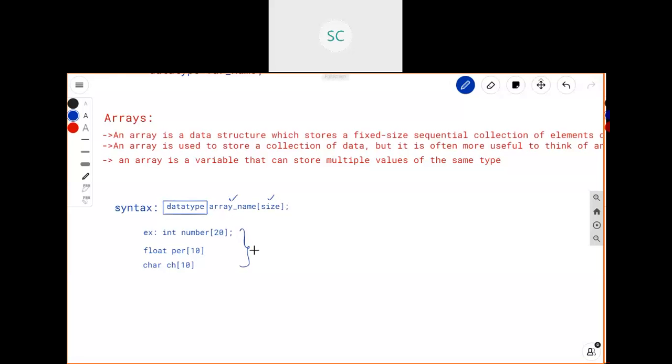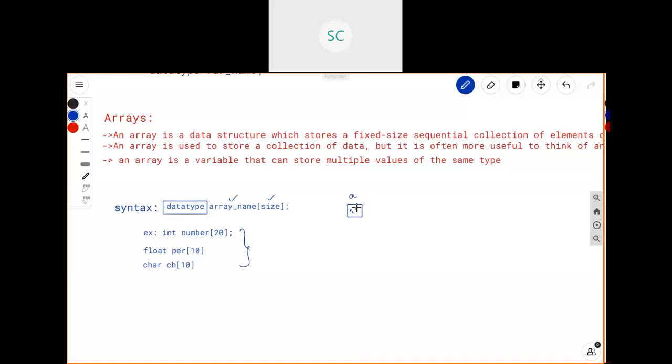Declaring the variables is okay. How can you insert some data within that array? See, if it is a variable, this is the box which is created in memory, you give a name for it, and there you store the value 20.